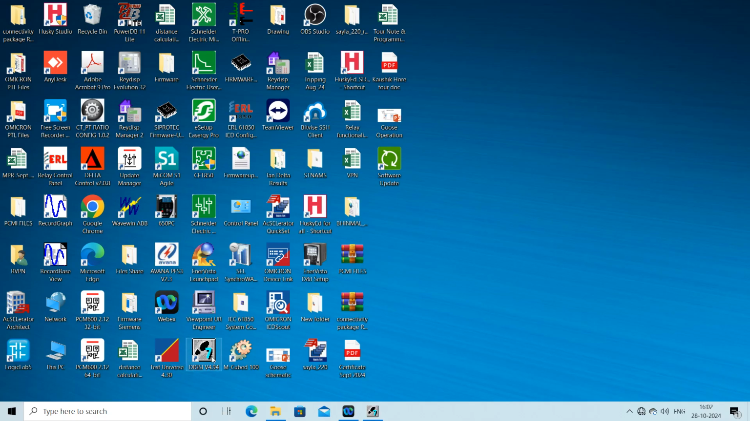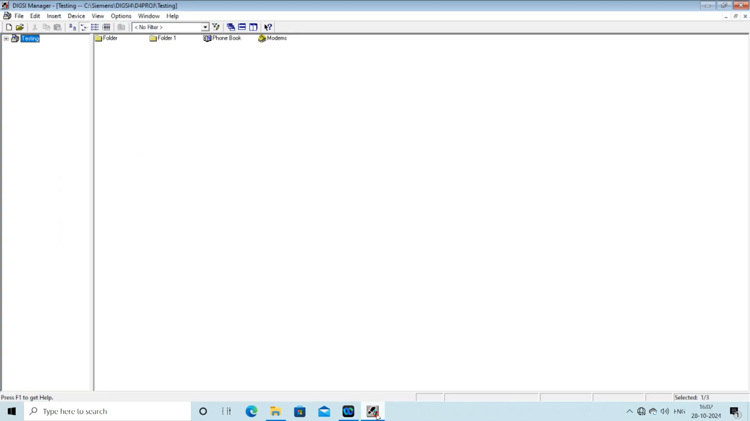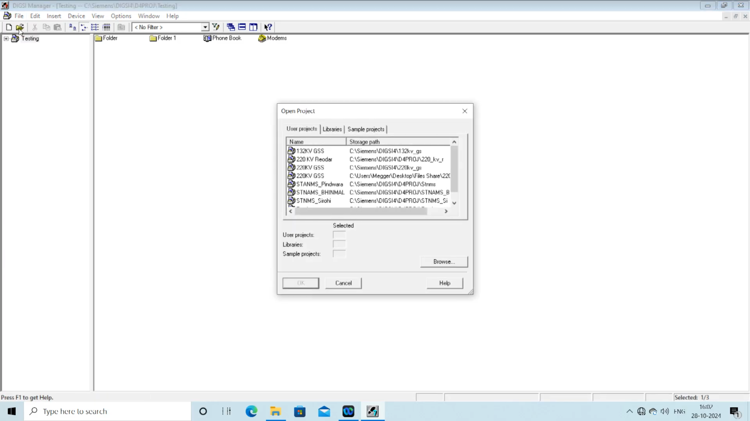Now, to communicate with any Siprotec relay of Siemens make, we first need to open DIGSI. Now I am having DIGSI 4.9. Then we need to open a project,